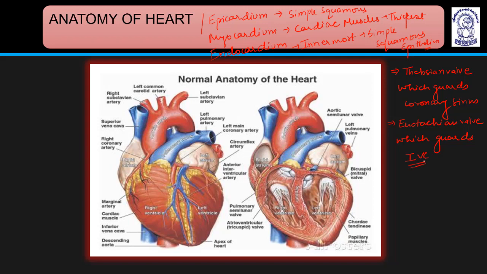During embryological life, the human embryonic heart consists of six valves: tricuspid, bicuspid, pulmonary,